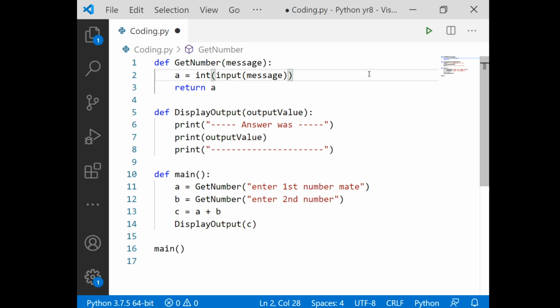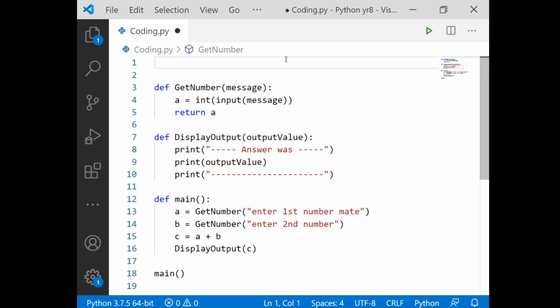So whenever you're doing any code, if you seem to be doing a similar thing over and over again, your brain should be going, you know what, is there a function there that I could use? And that's what I should be doing. So the key things are create your functions, give them a meaningful name. If you need to pass any data to the function for it to use or do its job, that's what these parameters are. We can call them whatever we want, because we just use them to refer to something.